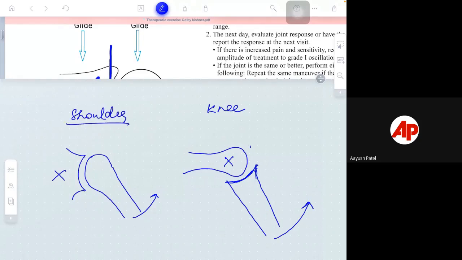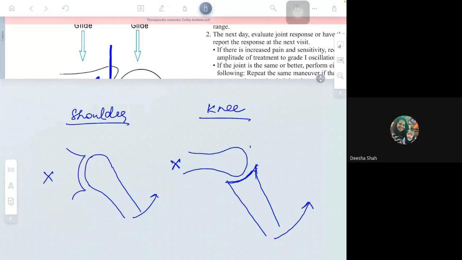Now we will discuss the mark that represents it. Cross mark means it is fixed. Here the concave bone is fixed. Here the convex bone is fixed. Are you clear with this example? Yes, come on, fast. Yes, sir.